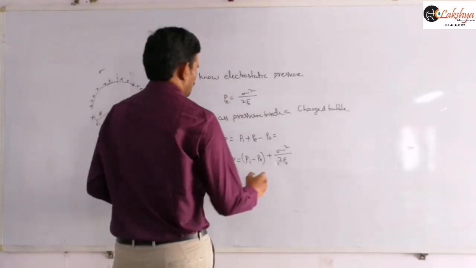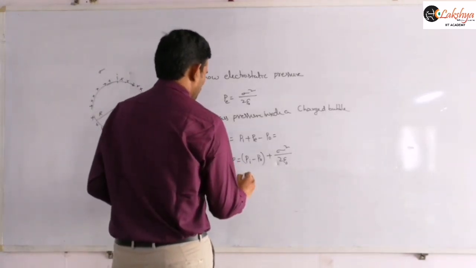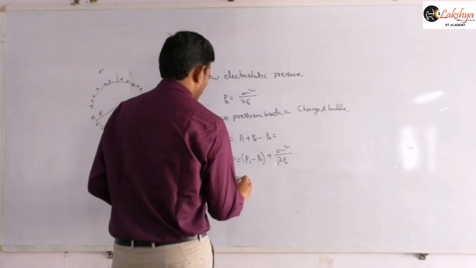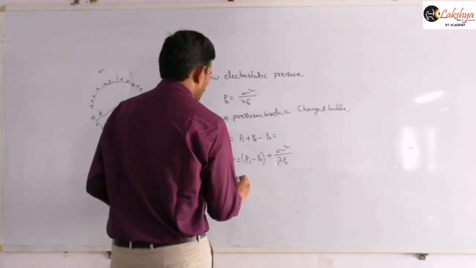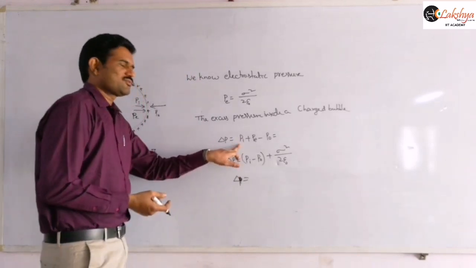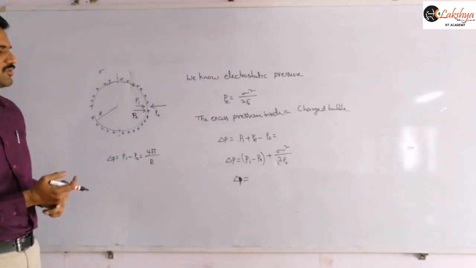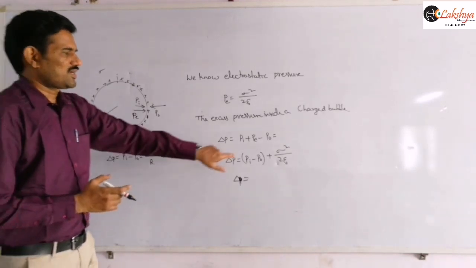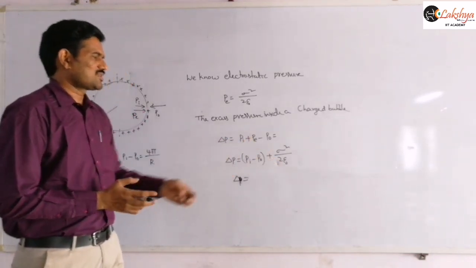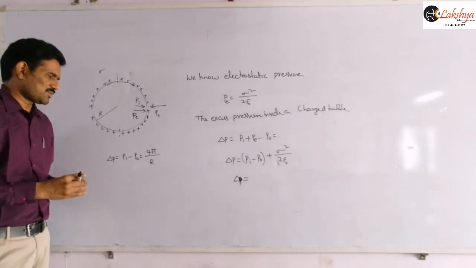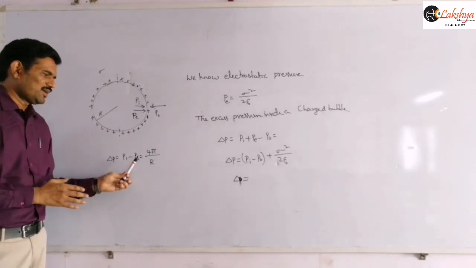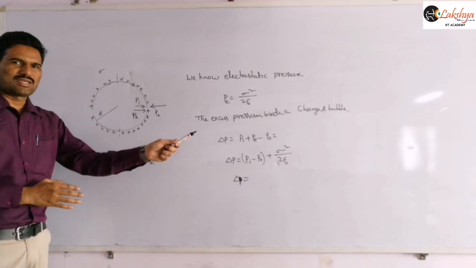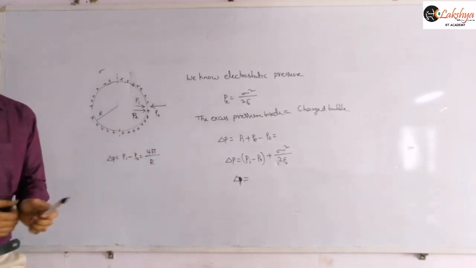And so now this value gives the excess pressure inside the soap bubble due to this charged object. Now just we are writing this, when this charging is not there, then this will be the excess pressure. Only this term will be there. Now in addition to that, this excess pressure term will be there like this, right?